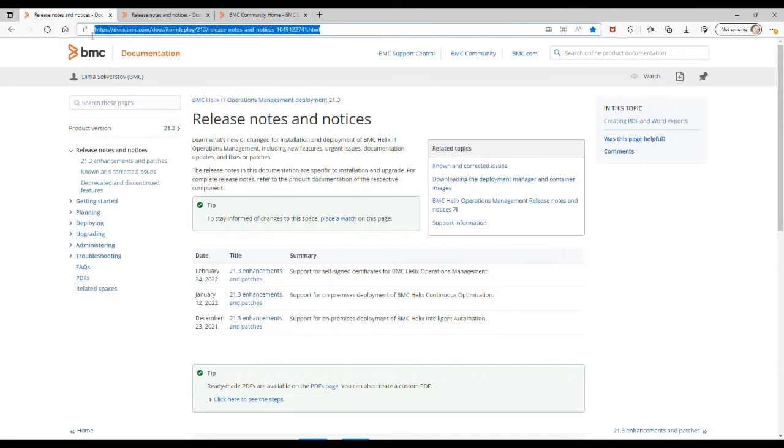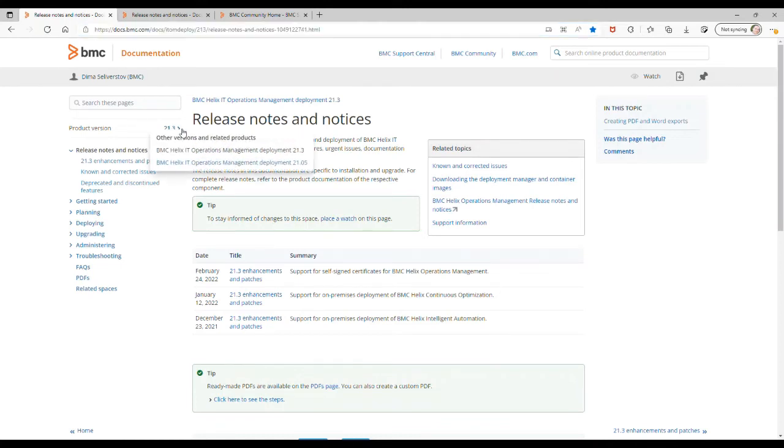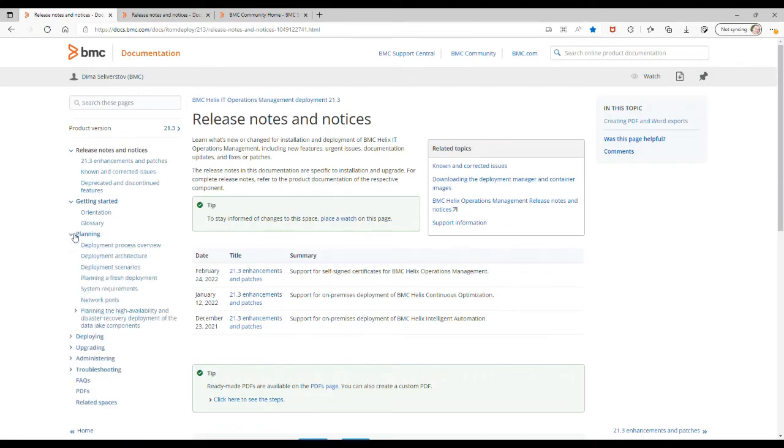So the location that you want to go to is BMC Helix IT Operation Manager. The latest version available is 21.3. This will show you the architecture, the getting started, the steps necessary in the deployment, as well as the configuration file. If you follow these steps, you'll be able to configure and deploy the BMC Helix Capacity Optimization product.